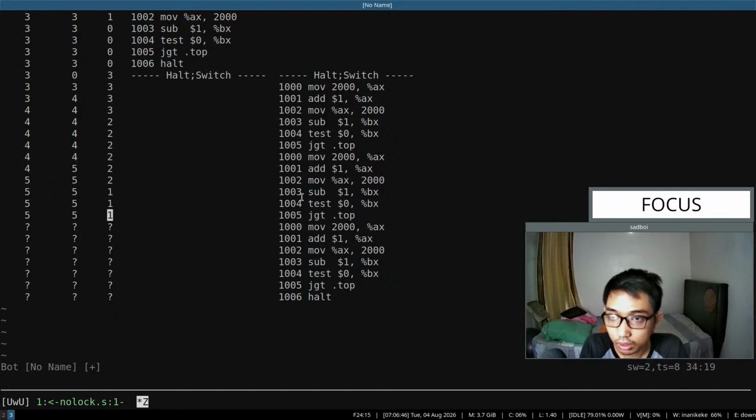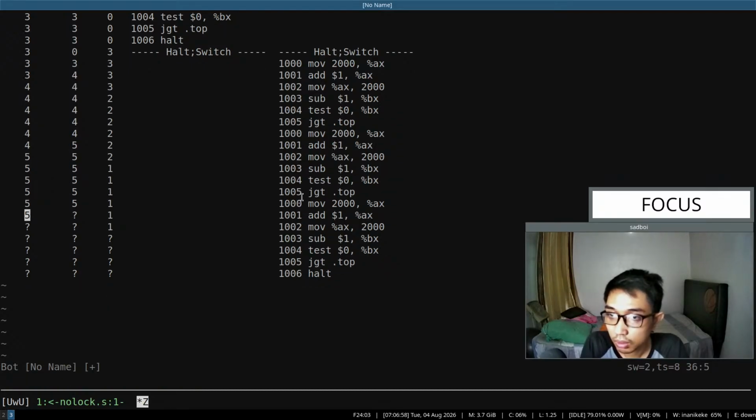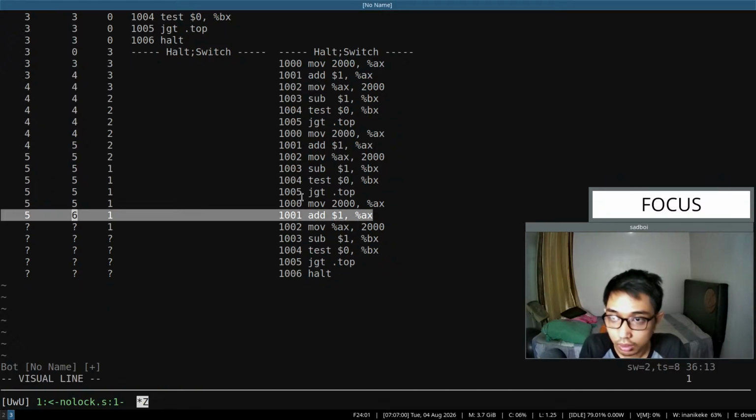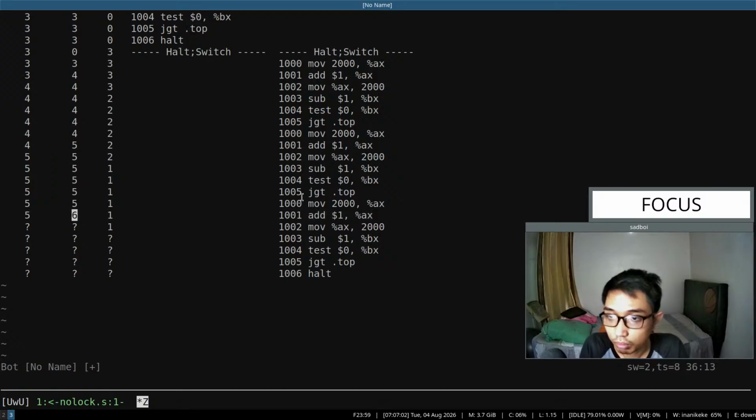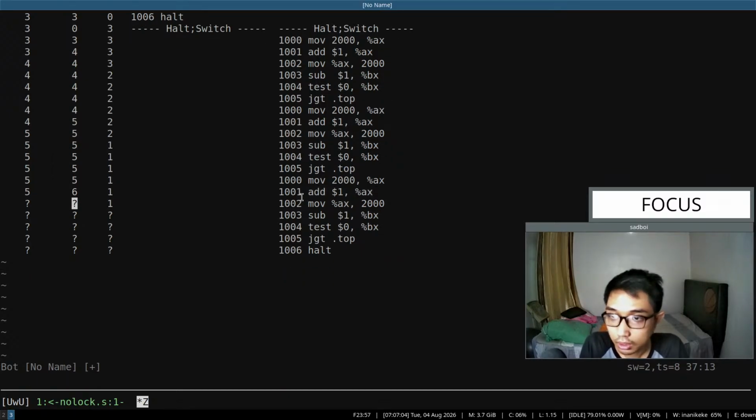Okay, and then jump again. Okay, this is incrementing 1 by 1. Then move that back. Okay, this one subtracted,